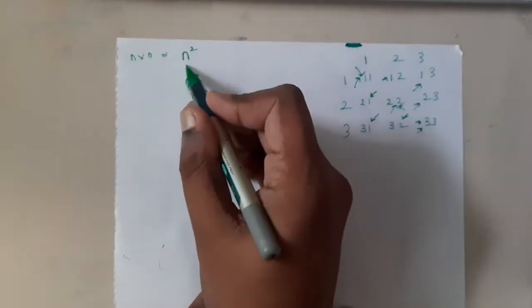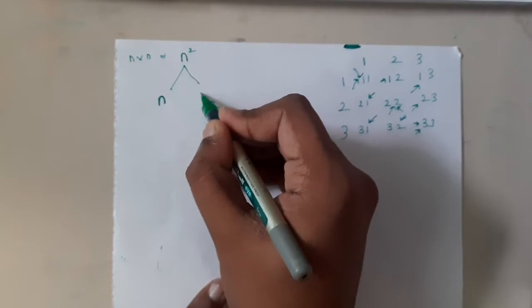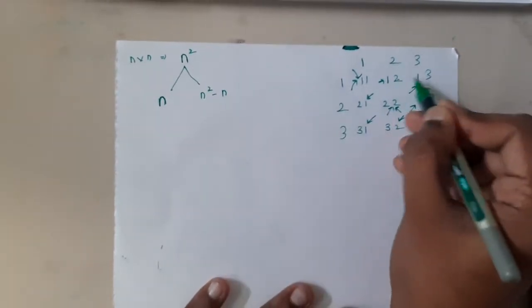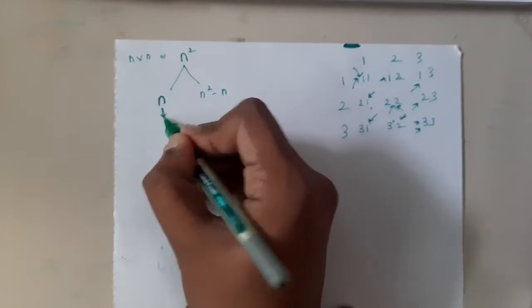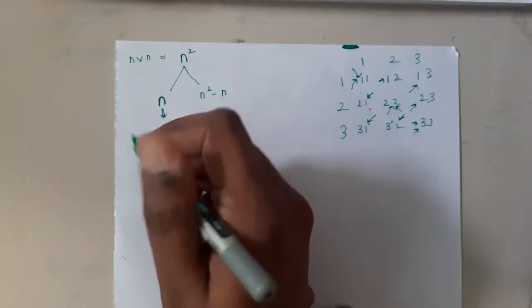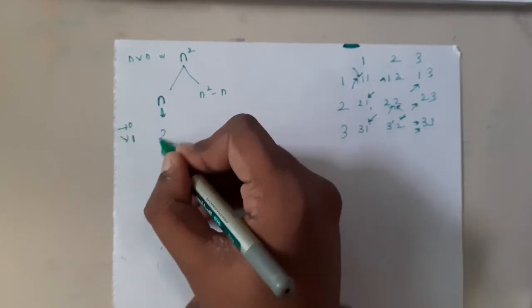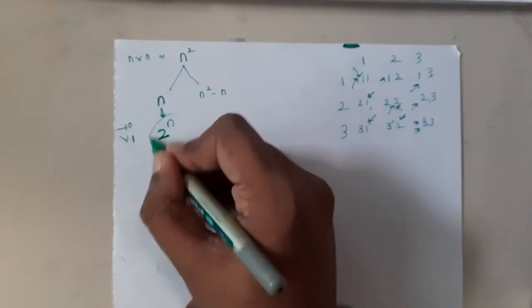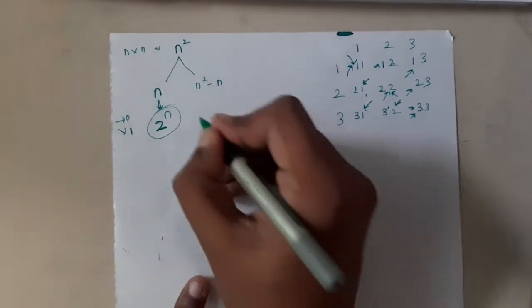So that is the reason why let us again divide it in 2 parts only. We have n diagonal elements and n square minus n other items, right? These n items could be available, they could not be available. So they have a direct option of 0 or 1, right? So it is nothing but 2 power n for these items, right? Okay. Moving on to this side.